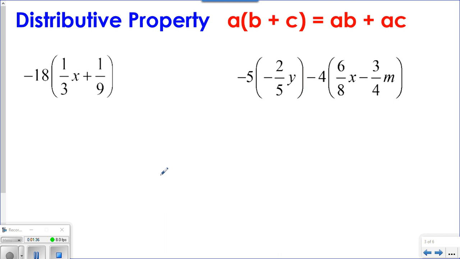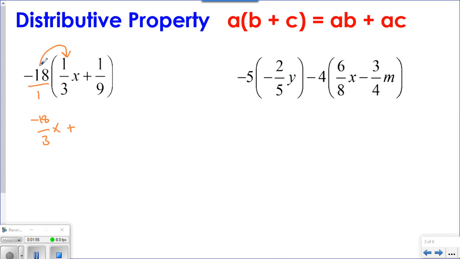This also works if we have fractions, okay? So just remember what you learned about fraction multiplication. Be careful as you go through and simplify those terms. It's the same thing as negative 18 over 1. So we would have negative 18 over 3 times x for our first term, plus